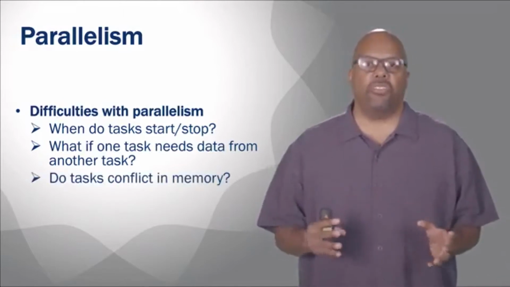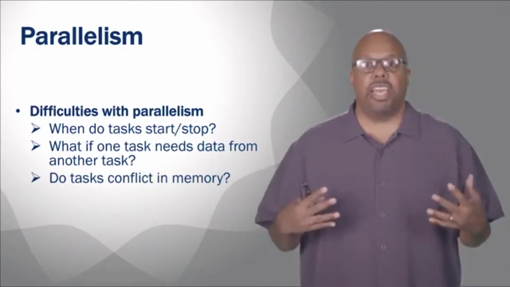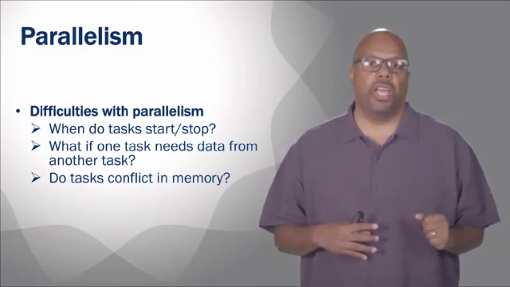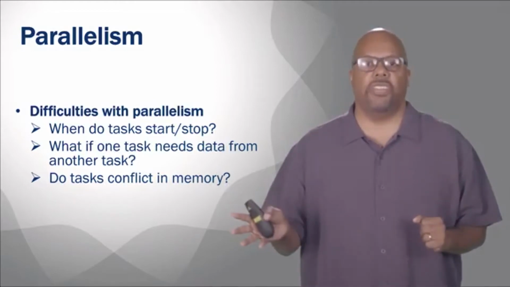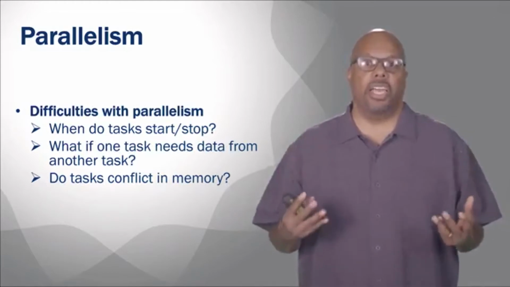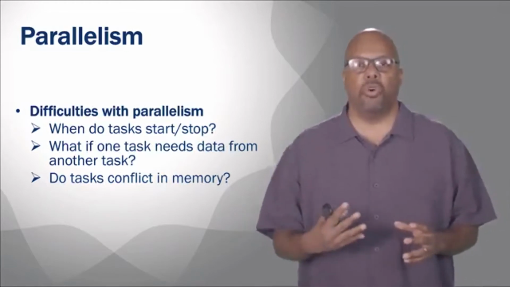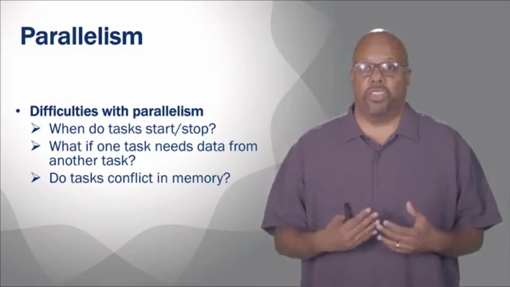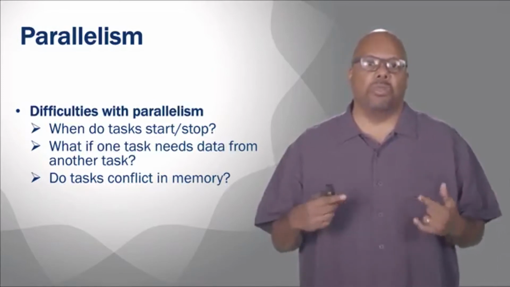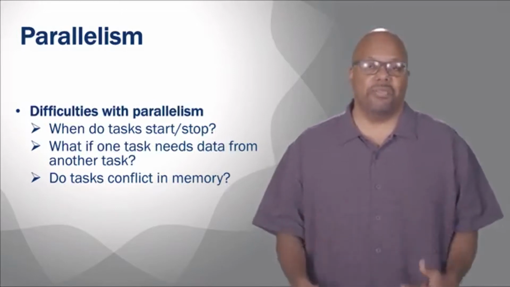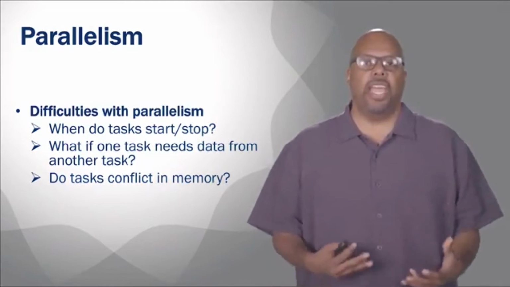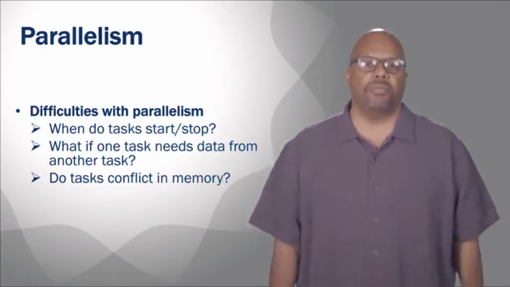Also, if you've got multiple tasks running at the same time, do these tasks conflict in memory? They should not. You don't want one task to write to its variable A and that overrides variable B in another task. These are all problems that happen when you have concurrent execution going on. Even if you've got multiple cores, you have to worry about the memories. Are they sharing memories? Do they have separate memories? These are features of hardware, but the programmer often has to be aware of these things. And it's hard. Writing this type of code that can execute in parallel can be difficult.